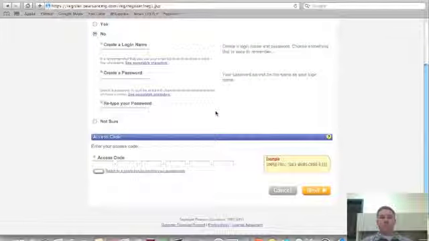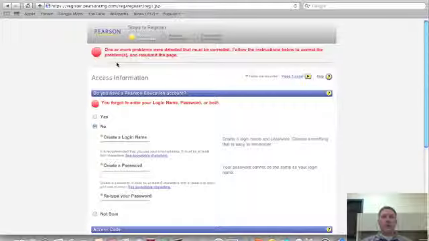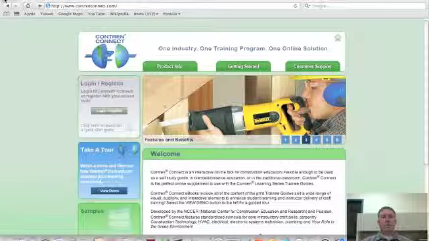At the bottom, when you bought your book, you should have a card like this that has an access code. It also gives you the steps in order to do this. You're going to type in this access code that's similar to this that was offered to you in your book into these blocks, and you'll click on next. We're going to get an error because I didn't enter any information. So what we're going to do is we're going to go back